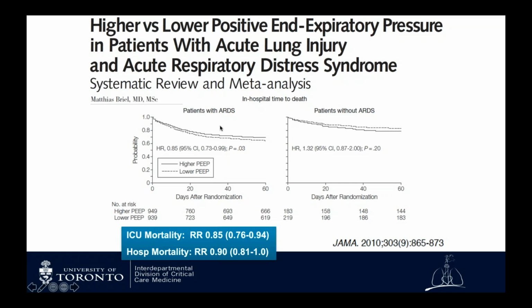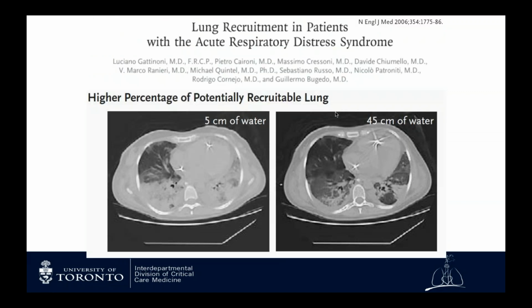So patients with what we'd now call moderate to severe ARDS, PF ratio less than 200, had a significant signal for improving mortality in the higher PEEP FiO2 tables, whereas patients with mild ARDS, PF ratio 200 to 300, not quite statistically significant, but if anything, the signal is in the opposite direction. And this gets back to the idea of tailoring your PEEP to the amount of recruitable lung that you have.